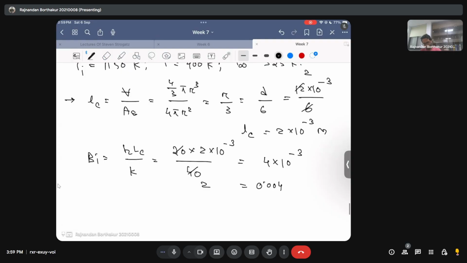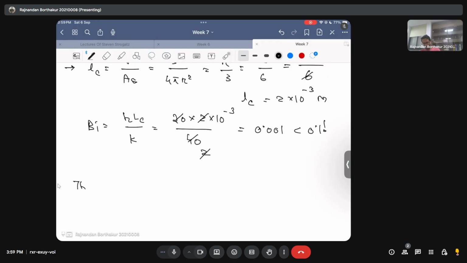This is 2, and then these 2 and these 2 will cancel, so it is just 0.001. So your Biot number is 0.001, which is less than 0.1. Since your Biot number is less than 0.1, this means that the lumped capacitance framework is valid. And since this is valid and there is no heat generation taking place within the body,